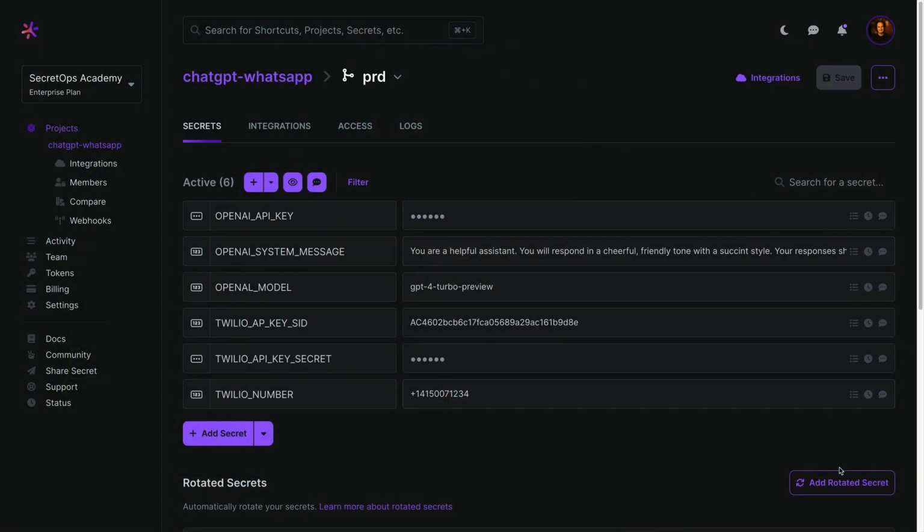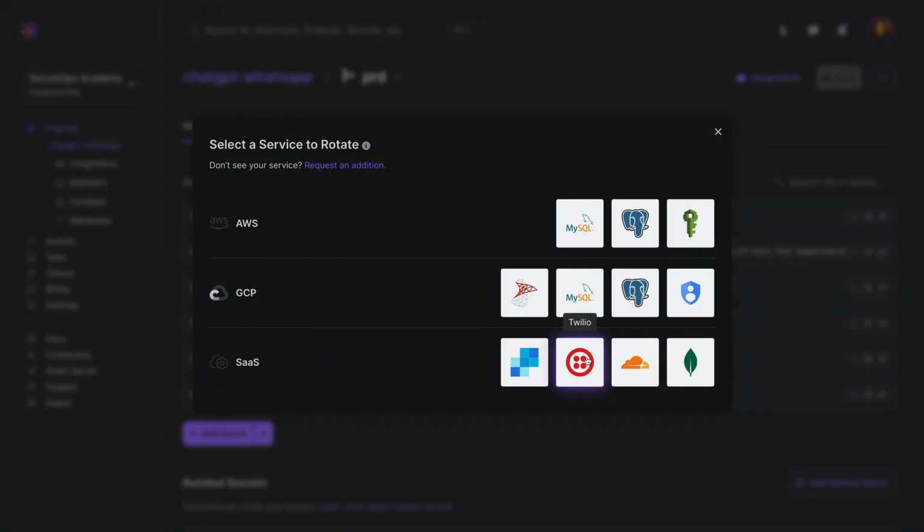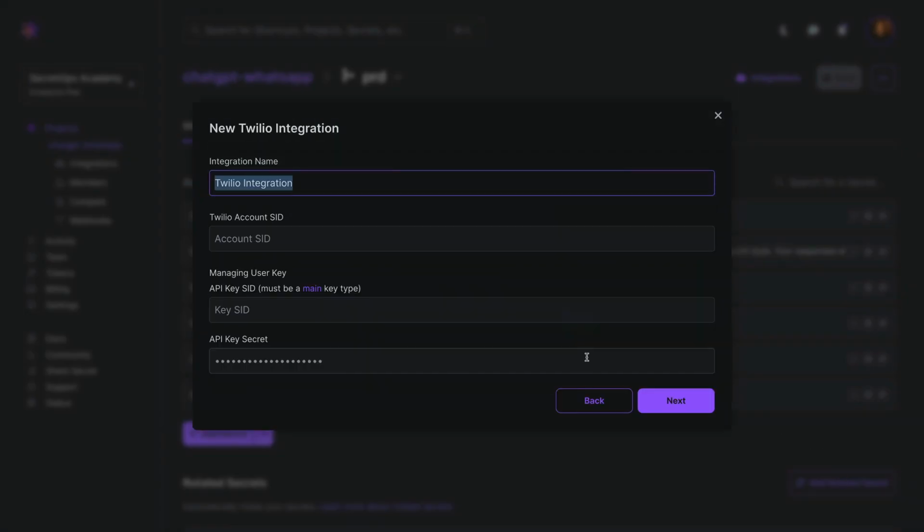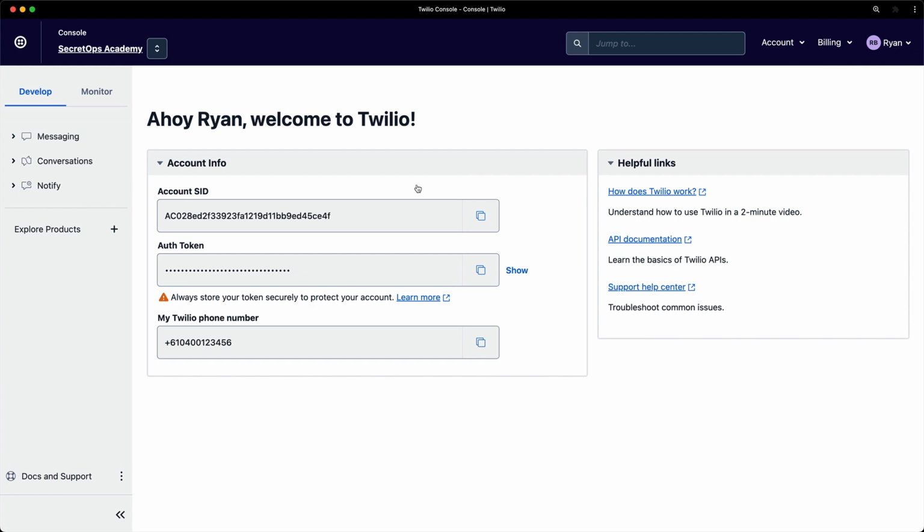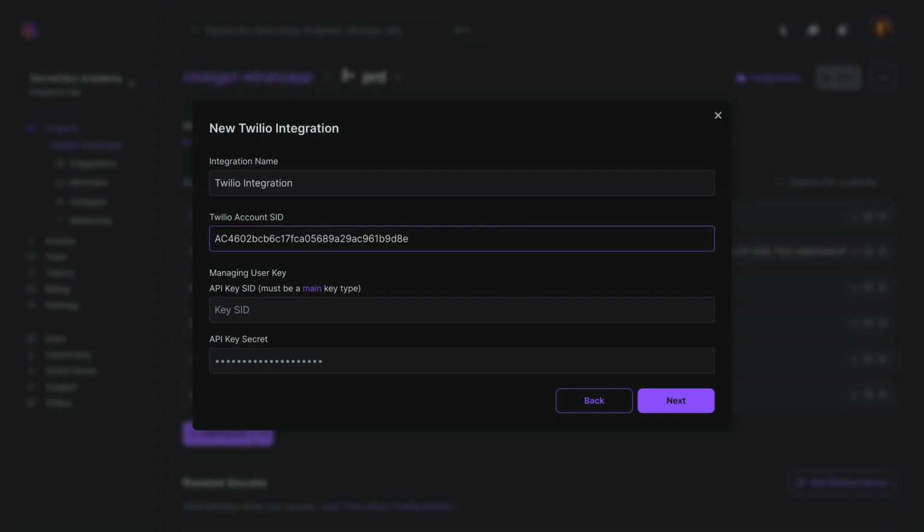Let's now take a look at an example of API secrets rotation using Twilio. Twilio secrets rotation allows you to rotate both main and standard Twilio API keys. From the secrets page, click Add Rotated Secret and select Twilio. Provide a name, then open the Twilio console, copy the account SID, and paste it into the account SID field